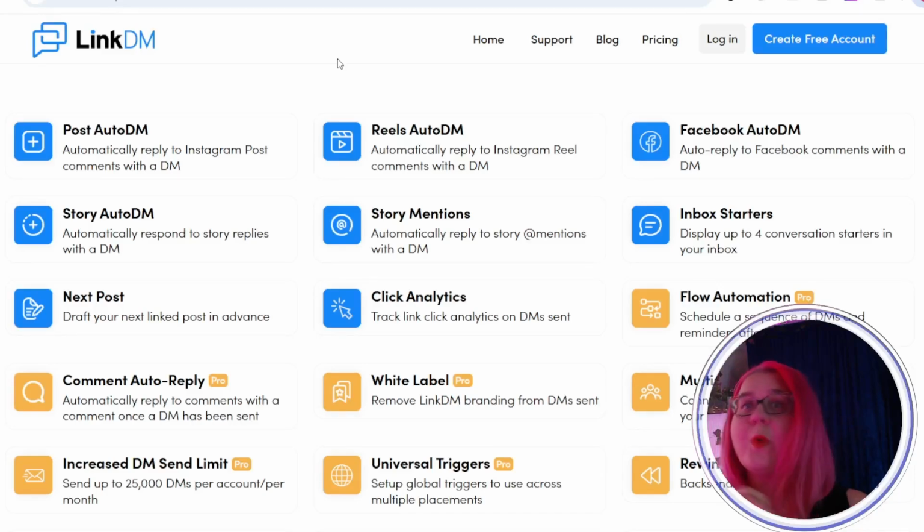So let's do a direct comparison between LinkDM and ManyChat. I'm going to go over all the inclusions and the features and talk to you about each of them separately so you can make an informed decision. For those of you who are not tech savvy, I wanted to first start behind the scenes and show you